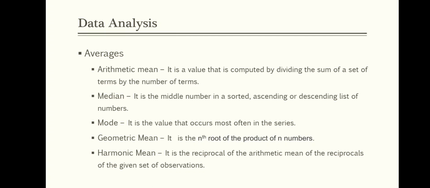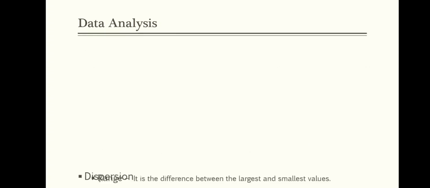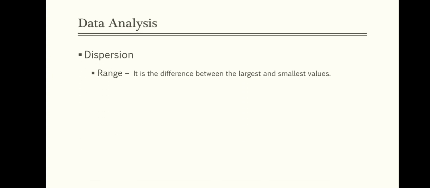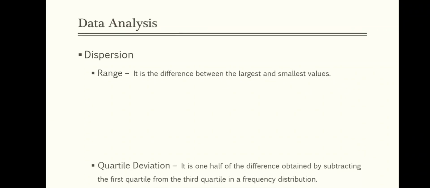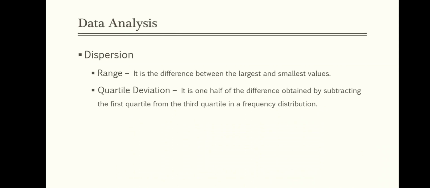The second module of data analysis is dispersion. The types of dispersion includes range. It is the difference between the largest and smallest values. Quartile deviation. It is 1/2 of the difference obtained by subtracting the first quartile from the third quartile in a